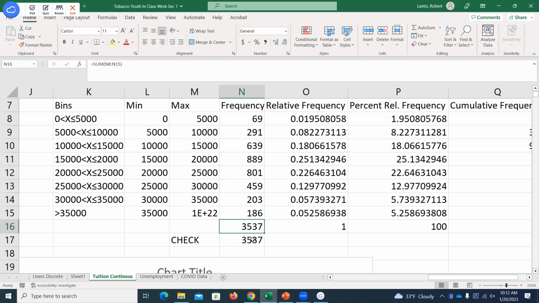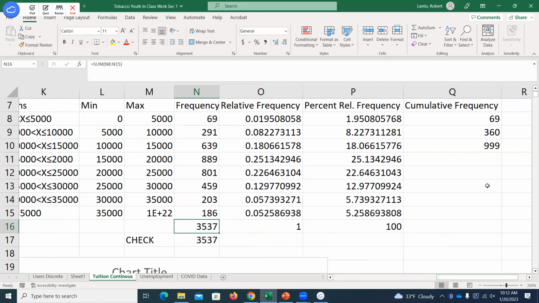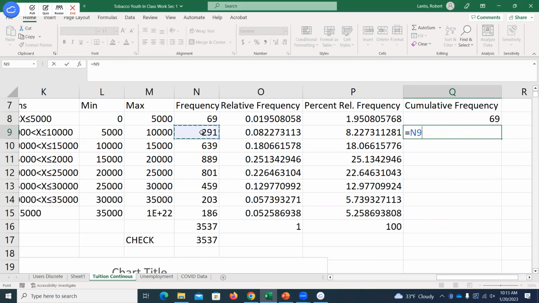So another way I could do these cumulative frequencies, kind of using this idea, notice every cumulative frequency is the frequency of the current bin you're looking at plus all the bins below it. Frequency of the current bin you're looking at plus every bin below it. Right? So what that would look like if we're using cell references. So we'll go delete these. We'll have the first bin. For that second bin, we'll say, okay, look, take the frequency of this bin, right? How many observations are in between these two values, plus how many observations were below this.